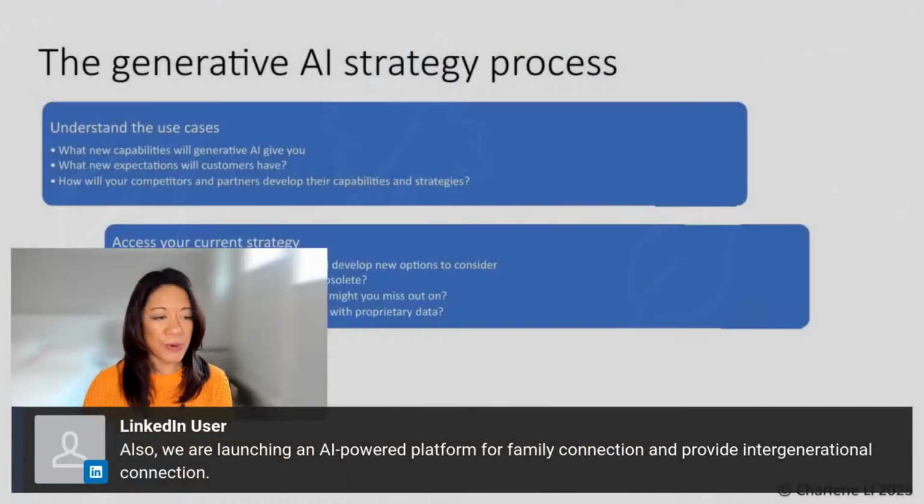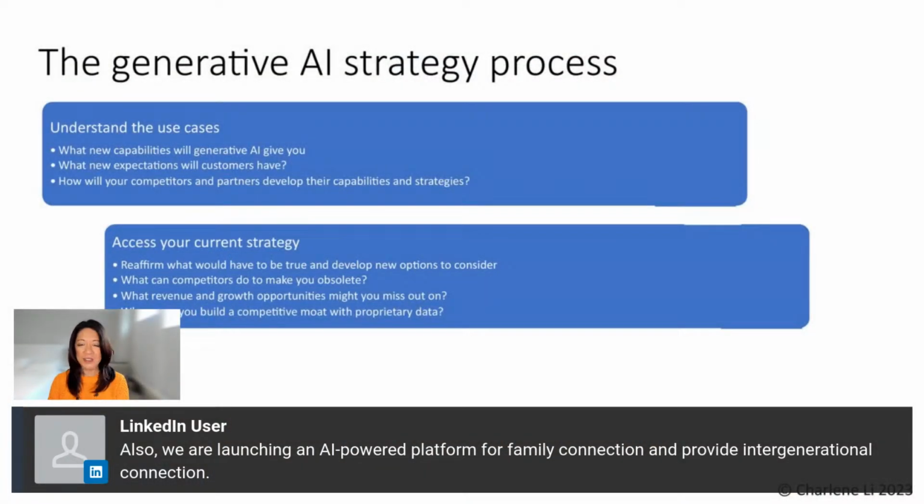And one of the most important ways to do that is to really assess your current strategy. So now we're going to turn away from the generative AI use cases and look at your current strategy. And again, I apologize that this is a little hard to read, but the idea here is that you want to go and look at when you developed your current strategy, you made some choices. You decided that certain things would be true in your organization in terms of your strengths and capabilities.